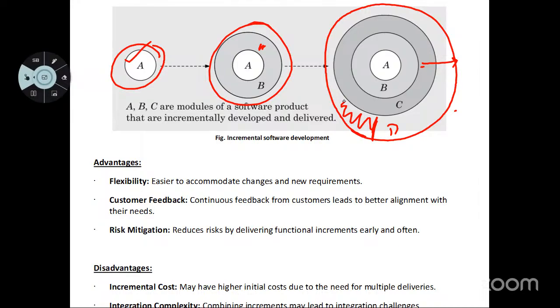Okay. So what is the advantage over here? What is the advantage of your incremental development model? So how are you doing it? So it is based on the user's requirement and user's priority that we are doing. So when you are doing a job of your interest, how will the output be? So when you are doing the job of your choice, you will be involving more, and you will be doing your job very effectively, right? And perfectly also, you will be able to do that particular job. So when you are going to go for your incremental software development,